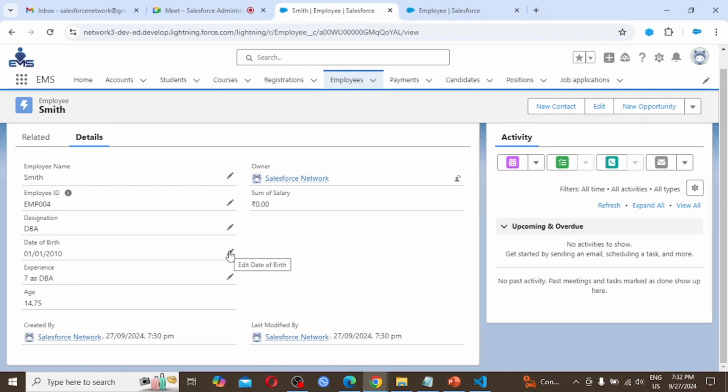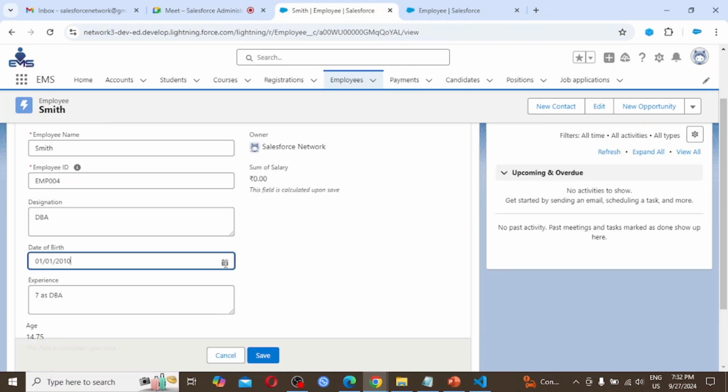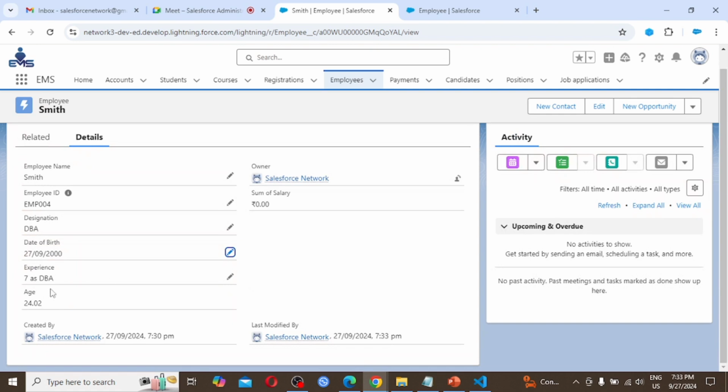So if I am changing his date of birth, I am going with simple 2000. Let's see what it is displaying now. So it's saying 24 years. I had taken 27th of September 2000 as his date of birth, exactly today.